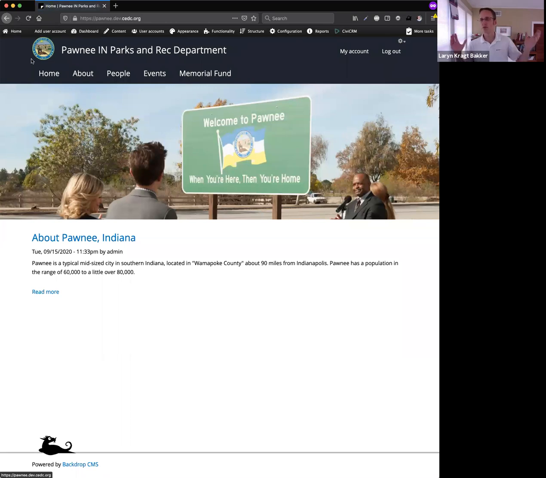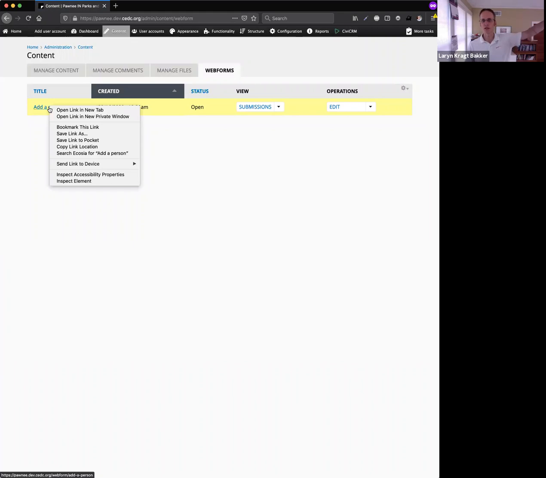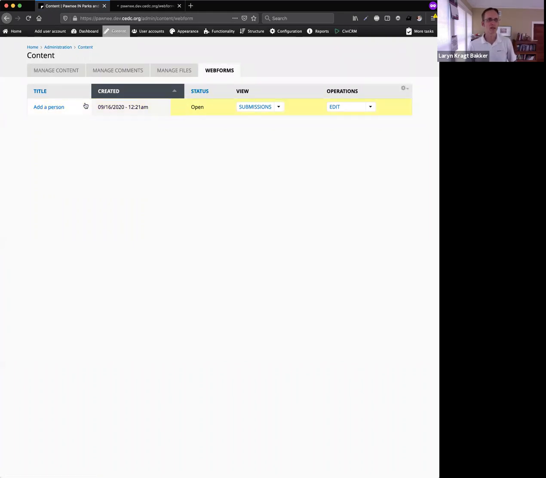I just realized I completely blanked on a very important piece of Backdrop Civi integration, which is Webform CiviCRM. It connects with Webform, and I can't remember if I set one of these up or not. Oh yeah, so I've set up, if you only want to expose certain functionality to certain people, they don't necessarily need to go into the back end of Civi to do things. So in this case, I've set up a